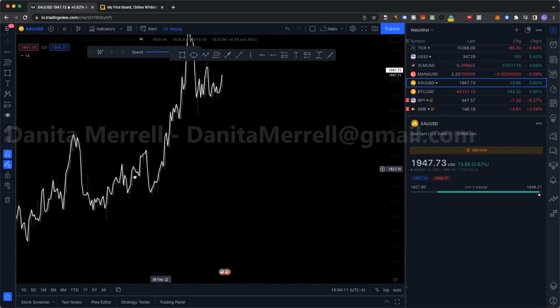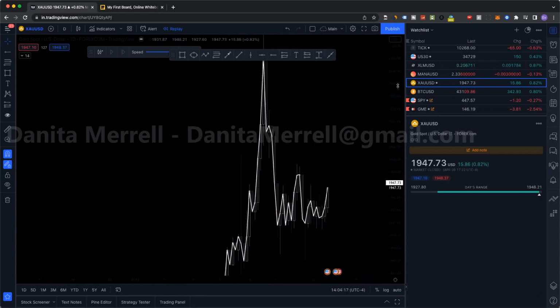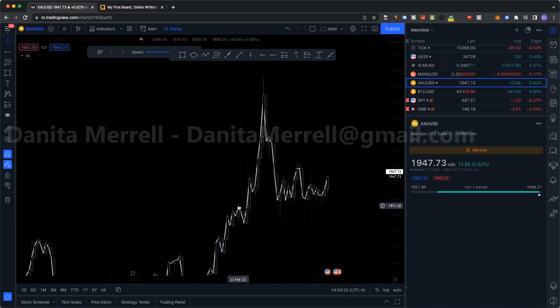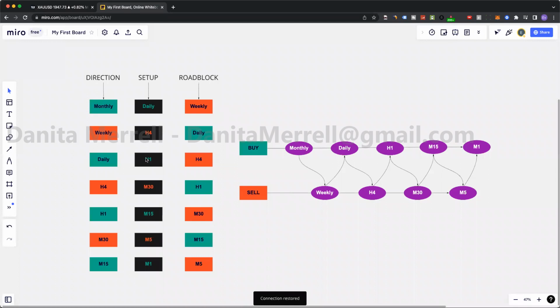Okay, but let's look here. Okay, so let's say whatever direction this was, right? So here we have a daily breakout, daily support, daily QM. Okay, what do we need to look at? If we have that daily breakout, we need to find our H1 setup. Okay, but we have an H4 roadblock. So if we have H4 roadblock, we need to break H1 from M30. Okay, so if we were to take a trade,